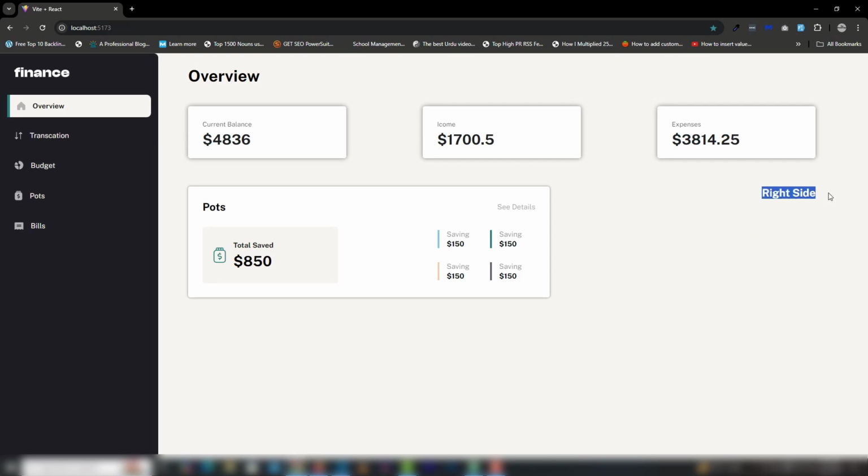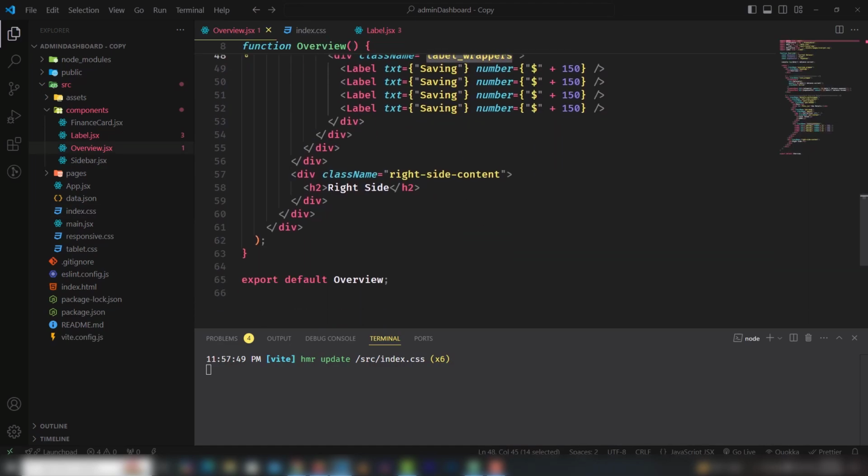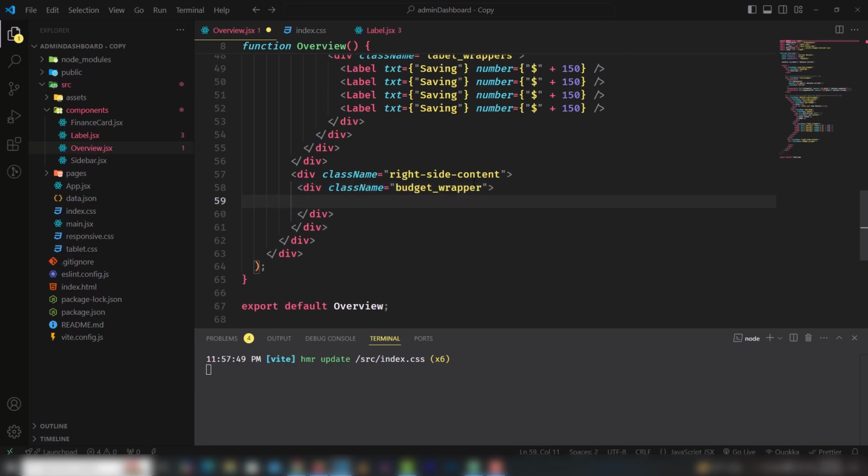So let's move on to the right side. In the right side we're going to display the budget section, and in the budget section we're going to display the chart, right? So in the right side we need to use, just a minute, I'm going to remove that, and I'm going to use budget wrapper, that will be underscore. Sometimes I've been using underscore, sometimes I'm using hash sign. Budget